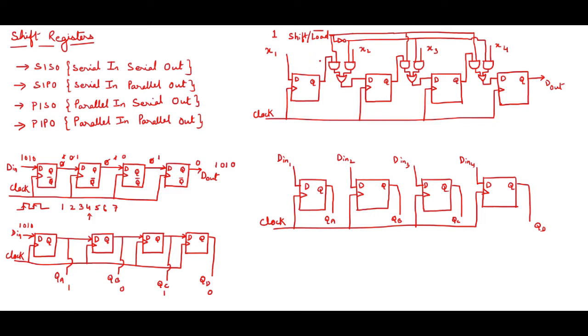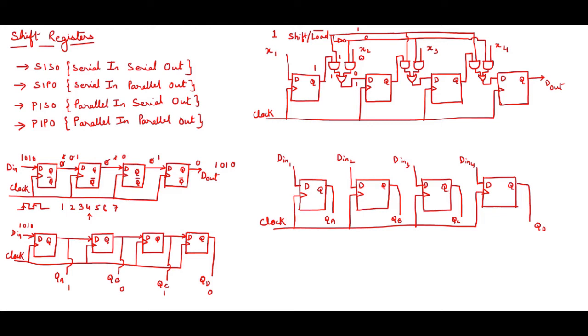For example, let's say I have 1 over here in this Q, and I want this 1 to come over here, and x2 is 0. So let us say I want to shift the data, so I will give 1 over here. The moment I give 1, this line becomes 1 and the lower line becomes 0 because of the inverter. Now you see this one is standing over here, I got 1 from the top. 1.1 is 1, I am getting 1 over here. This side I got 0 because the load line is 0, so 0.0 is 0. So 0 plus 1 is 1. So you can see this x2 data 0 is not coming over here, rather this one is coming over here. This is shifting. The same thing will happen with all other flip-flops.